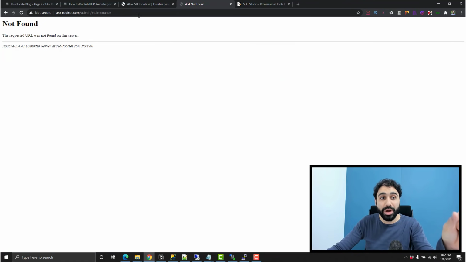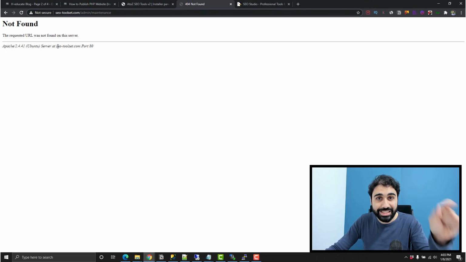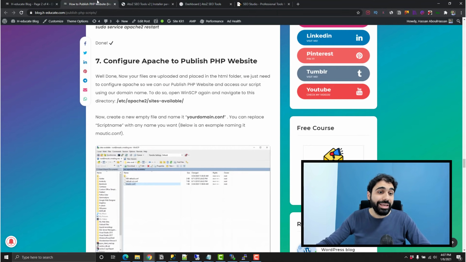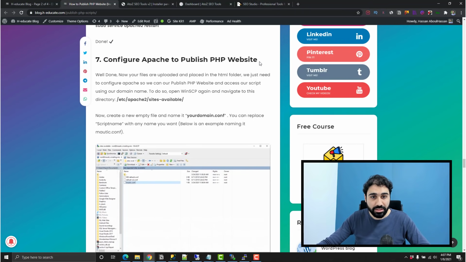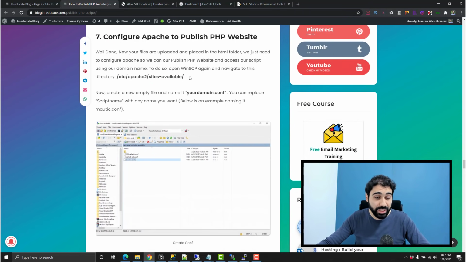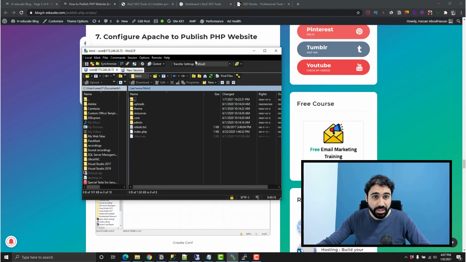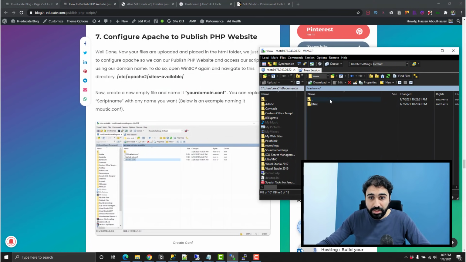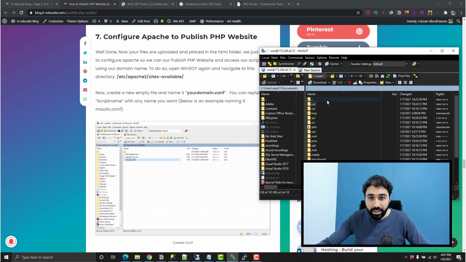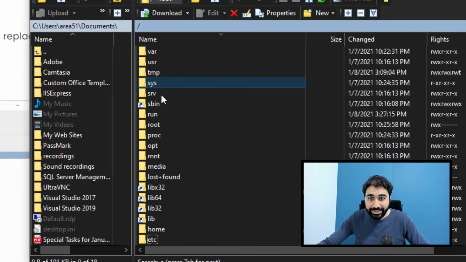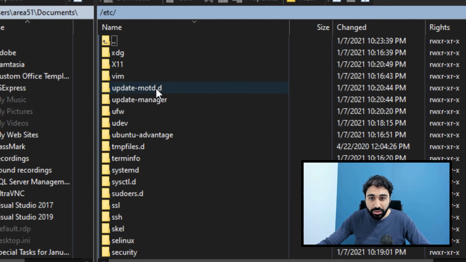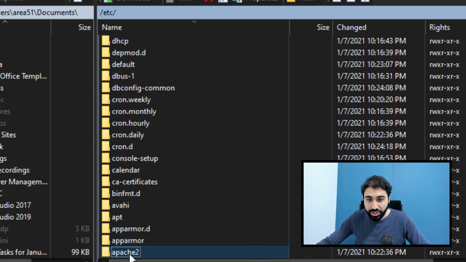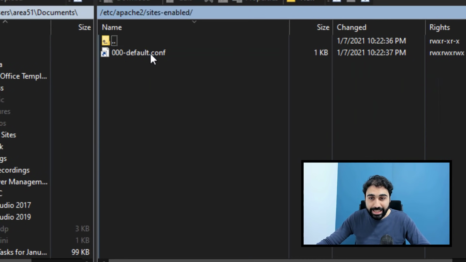We have a problem in the URLs. You can see here we are not navigating correctly through the application. So how to fix this problem? Simply, if you go back to my guide, you will see in step 7, configure Apache to publish the PHP website. It will tell you to go to this directory inside WinSCP. So open WinSCP and let's go here, go back, and then go to the etc folder, then go to the Apache folder, Apache 2, then go to sites-enabled directly and click on